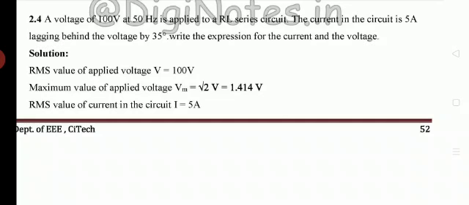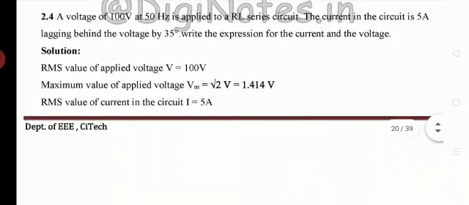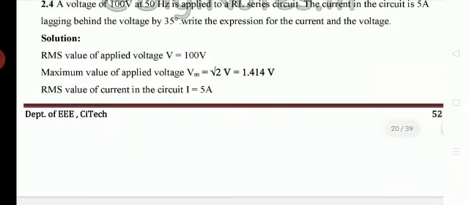So you need to write the expression for voltage and current, that is V equal to Vm sin omega t, I equal to Im sin omega t. There you have to calculate Vm, Im and omega and replace them in the standard equation. So we'll see the solution then. What do you need to calculate now? Directly they have not asked you to calculate some values here. Directly they have asked for the expressions for current and voltage.